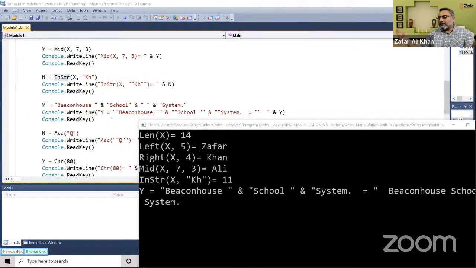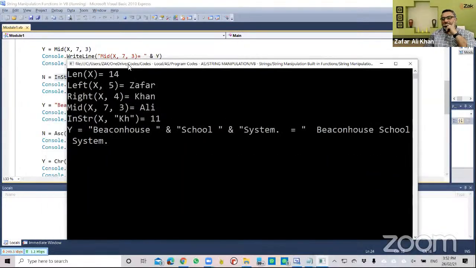So if you like your quotation to appear in your string as a quotation, inside the string you would have to put double quotation twice. If we put it twice over here, we would have it once in the string. Try it yourself and make sure that you know about it. Then we have